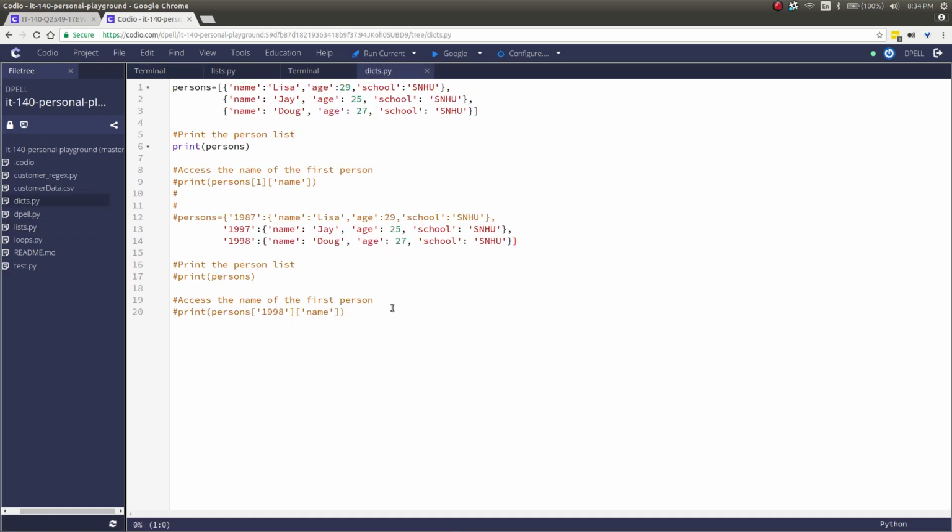Let's see here. You can also put dictionaries inside lists, like we had a list of lists earlier. Here we have a list. You can tell it's a list because it starts with a square bracket, but the items inside the list are in curly braces in key value pairs separated by commas, so those are dictionaries. So this is a list of dictionaries. And if we run this,